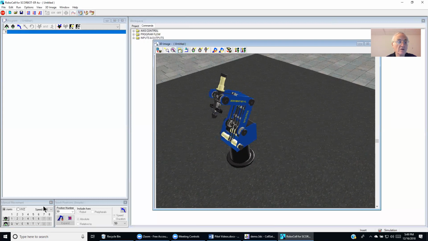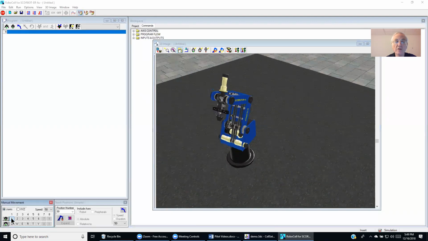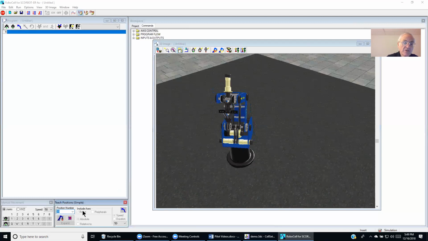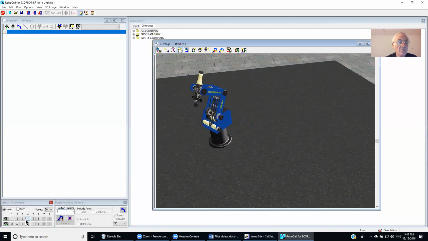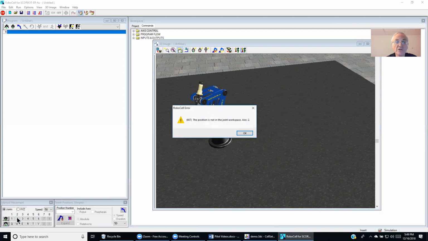The next thing we like to do is move the robot in various axes. We recommend that the student click each one of these axes. For example, this axis, move in joint 1 in a positive direction, call the position, after a while, position 1, and save it. Then we could move, for example, the position 3 and also position 2.